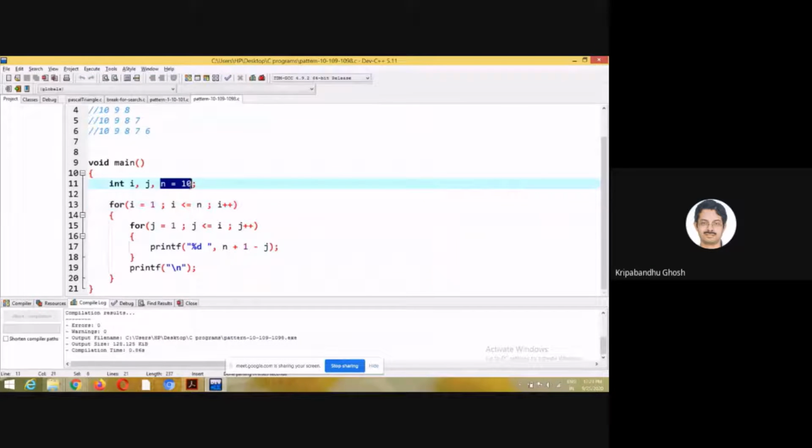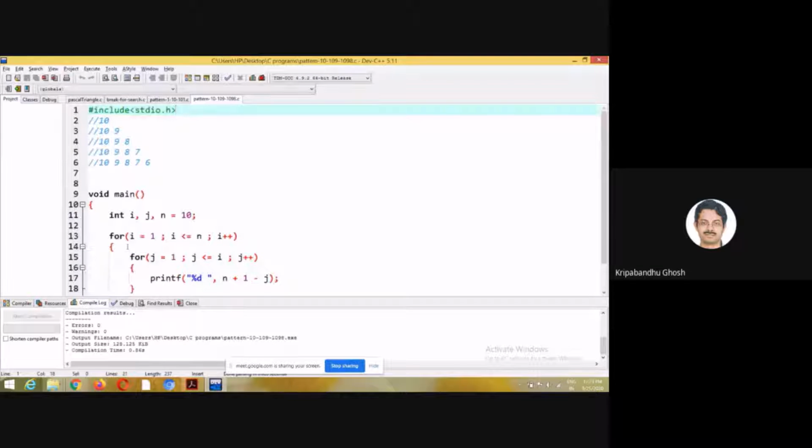So I have set the value of n as 10. And this is again a function of I. So j is less than or equal to I. This part remains the same, but instead of printing j, I am printing n plus 1 minus j. So let's take the situation for I equal to 1. It is not dependent upon I, right? It is dependent upon j. Which in turn is, of course, dependent upon I also, yes.